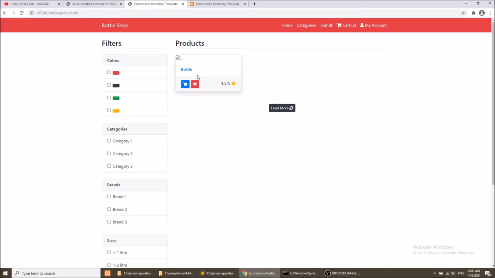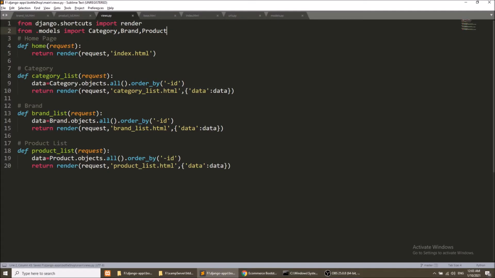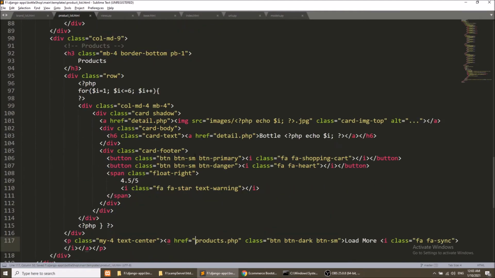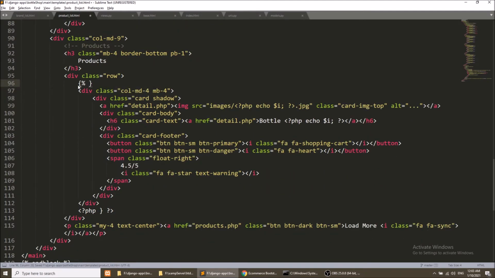Now first of all we will show the image and all the things from the product list. Before the filter I will do this. Actually this is running the loop. So what I will do is a for product in data, and then end the end for.